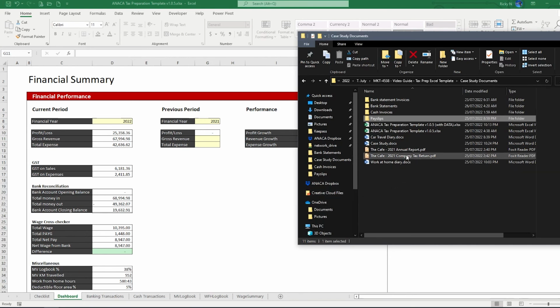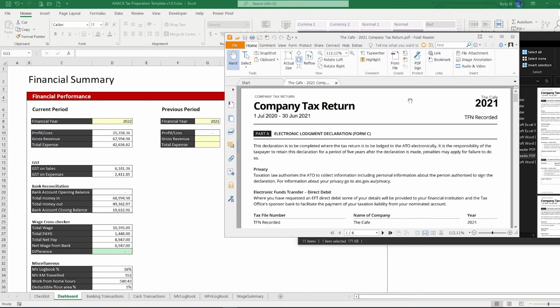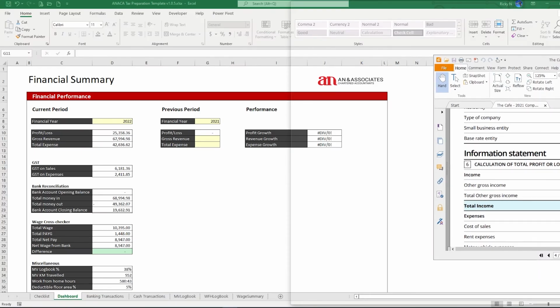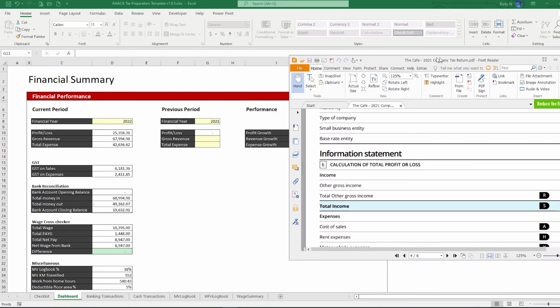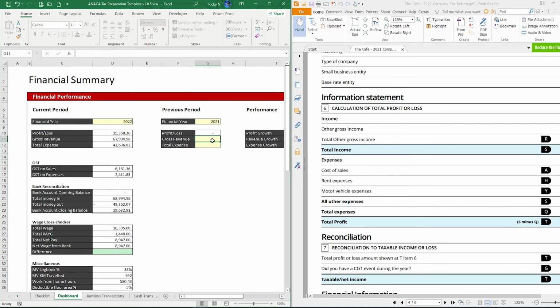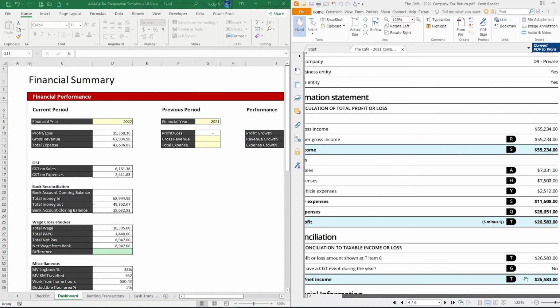So in this case, we have the company tax return. If you scroll down to the total income, that's your gross revenue of $55,234.